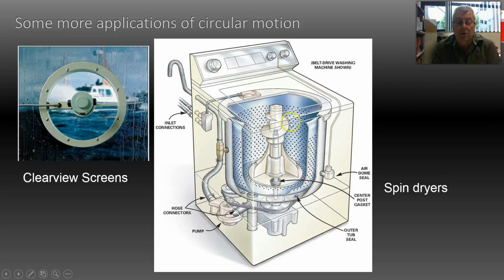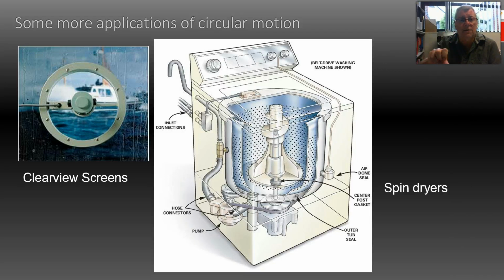The first one would be a washing machine. Some of you probably have front loading washing machines, which effectively work on the same principle as a top loading, just on the side. You can't open the top, it doesn't leak. These all spin at a fast rate in the spin cycle to get the water out of the washing, so they have a perforated drum and then another drum that collects the water, and that's an example of circular motion, because to keep spinning, the water to stay on the clothes